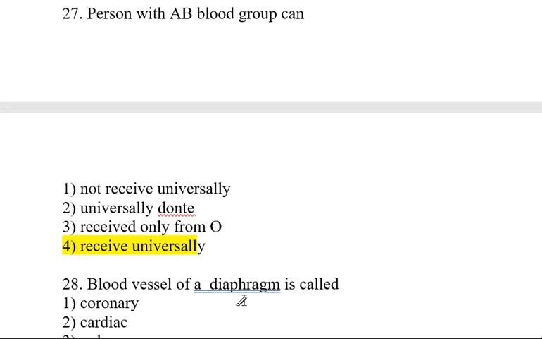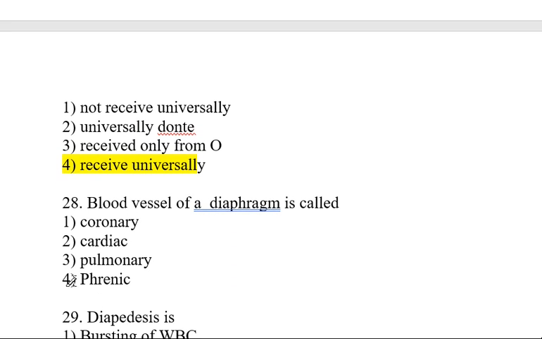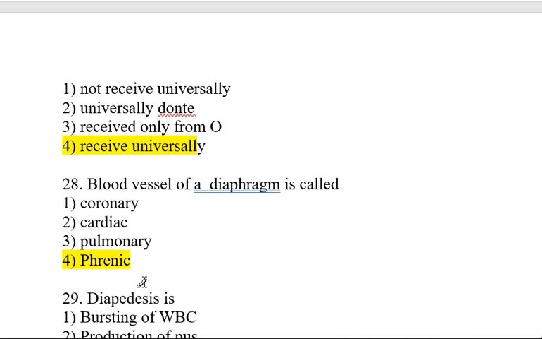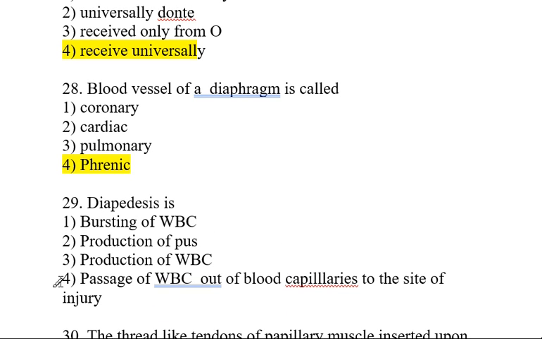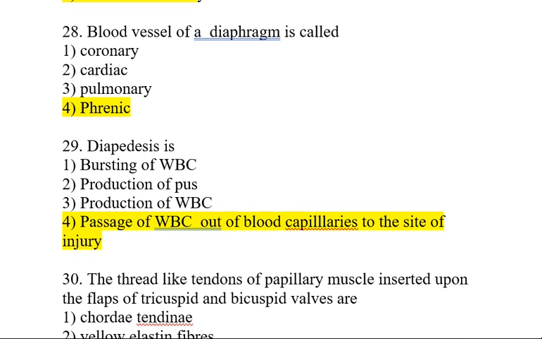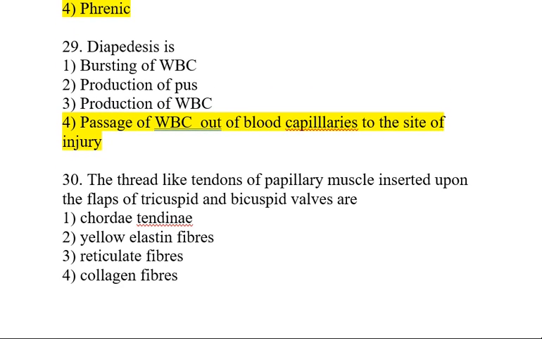The blood vessel of the diaphragm is called phrenic. Diapedesis is the passage of WBCs out of blood capillaries to the site of injury. The thread-like tendons of papillary muscle inserted upon the flaps of tricuspid and bicuspid valves are